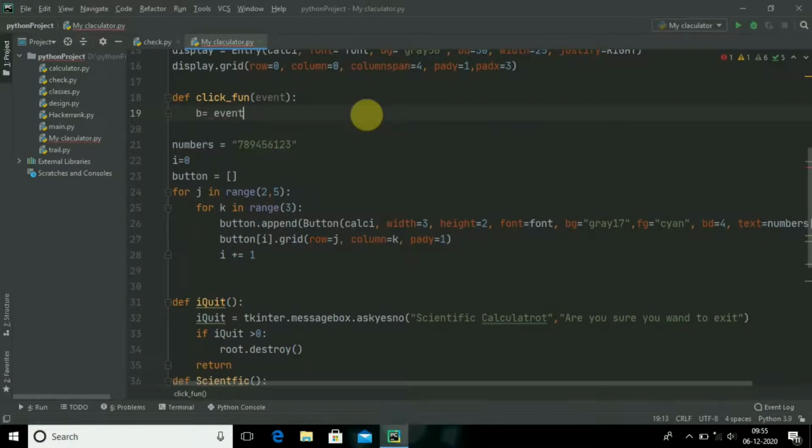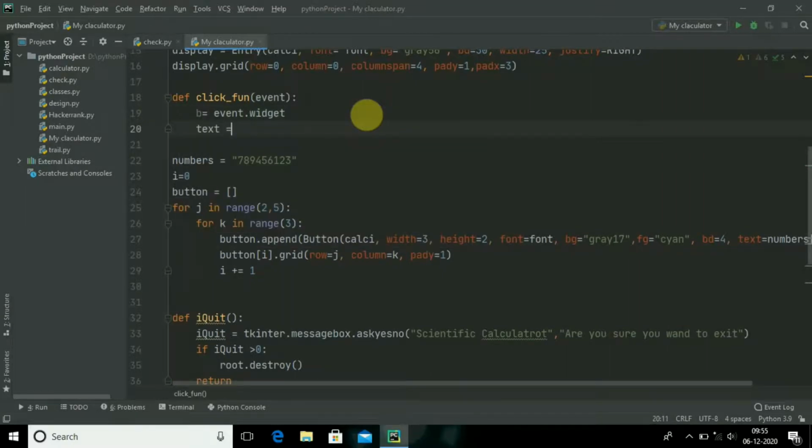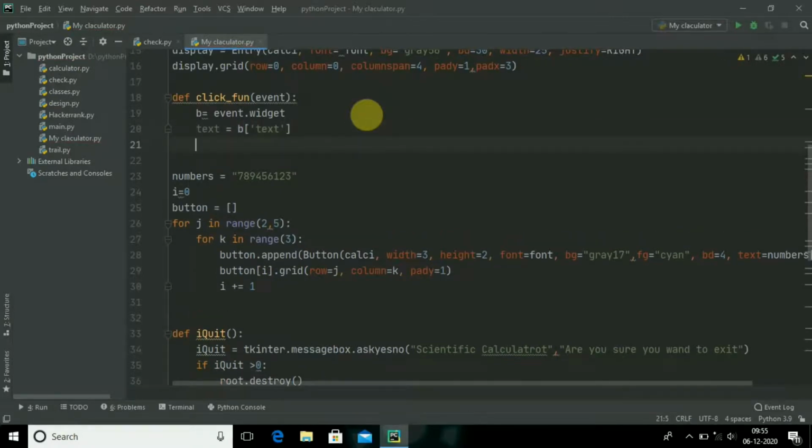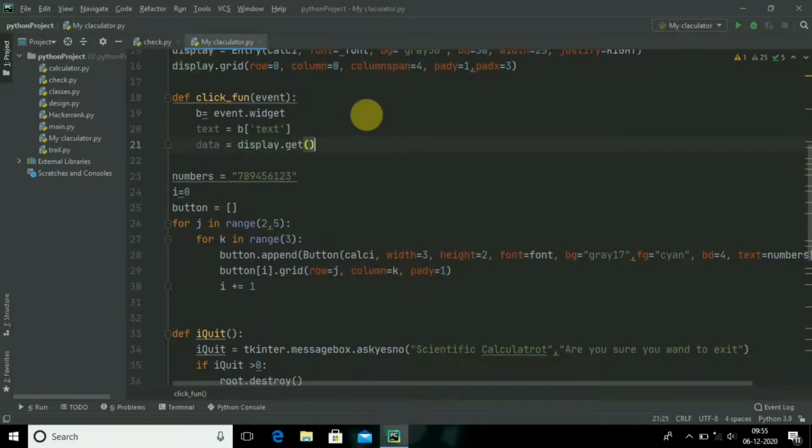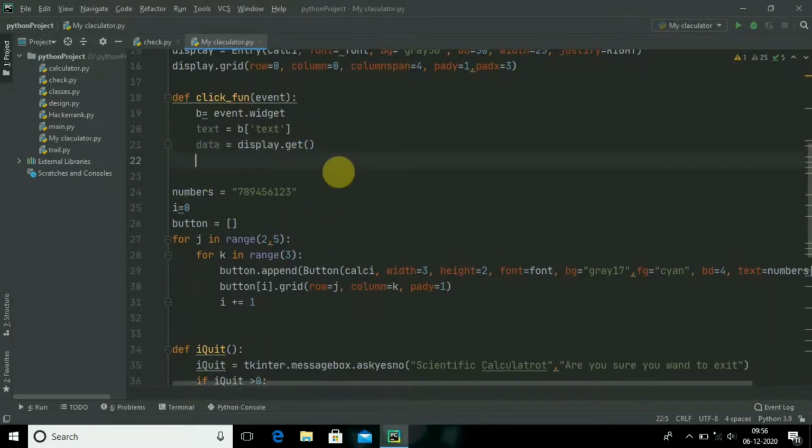Let b be our variable result, and whatever the text on the screen, it will be taken into the b, and the data should appear on the screen, and the data will be stored in get, and whatever data appears on the text or button, it will be stored in the b, and that data is taken by get in the data variable.